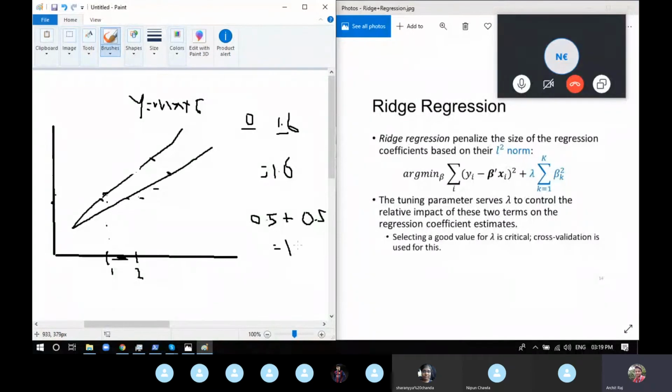Now which is the better cost, 1.6 or 1.0? You can see the lower the cost, the better the model. So 1.0 is the better model as compared to 1.6. So we are going to consider this particular line as the best fit line. We can do more iterations to find out which one is the best one, but we do not have to, because the machine will do it for us.